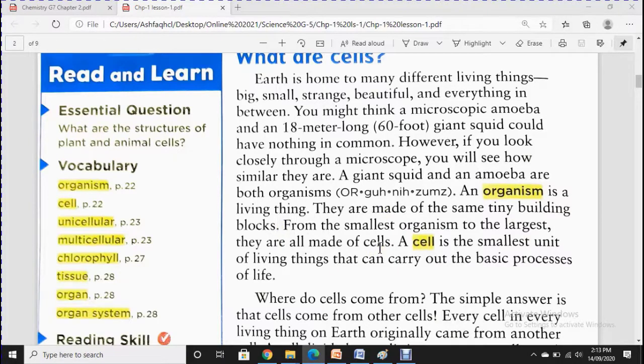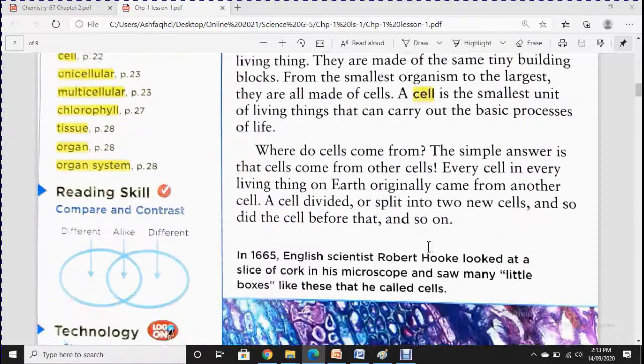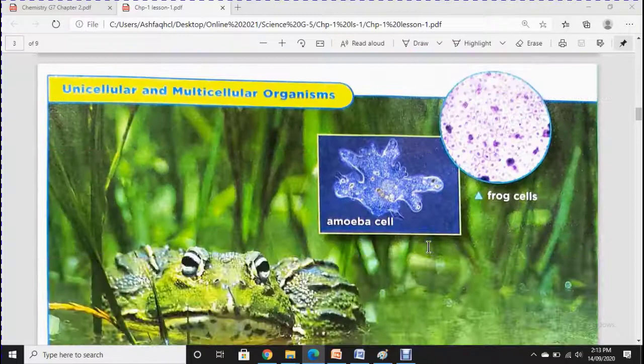Now let's see the definition of cell. What is a cell? A cell is the smallest unit of living thing that can carry out the basic processes of life. So this is about the organism and this is about the cell. Now the second thing here, after these two,